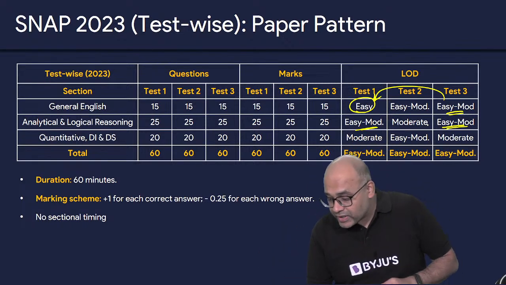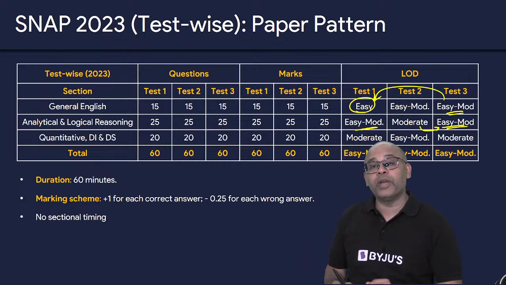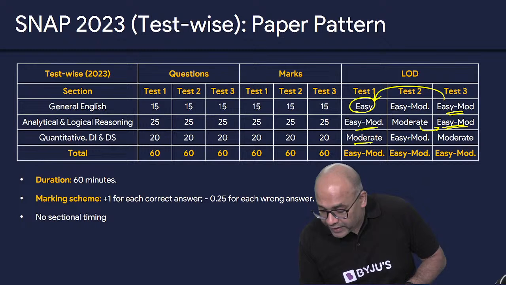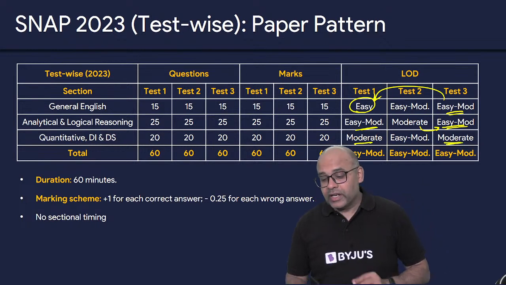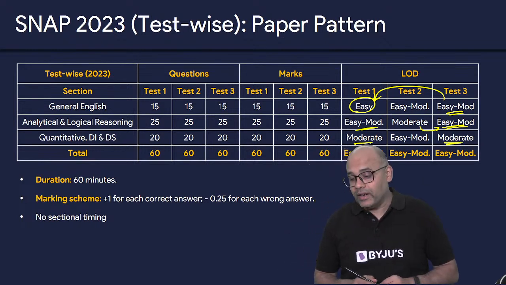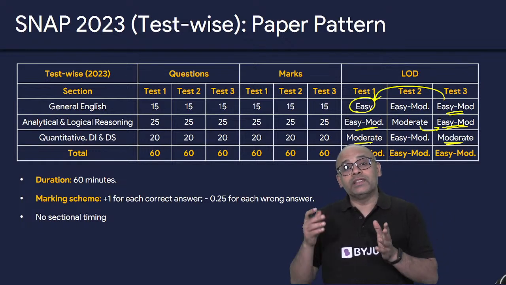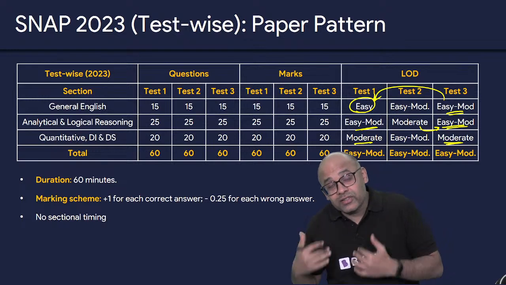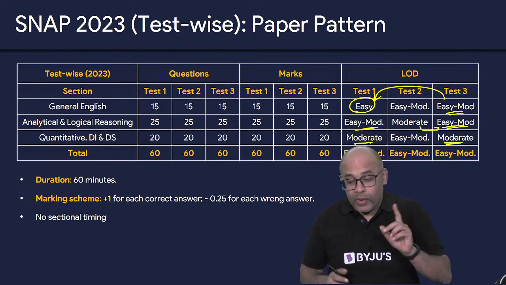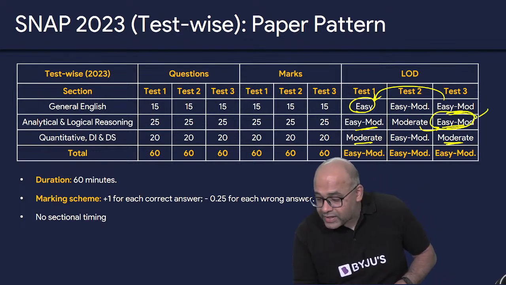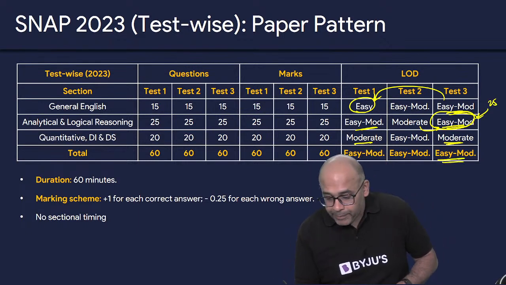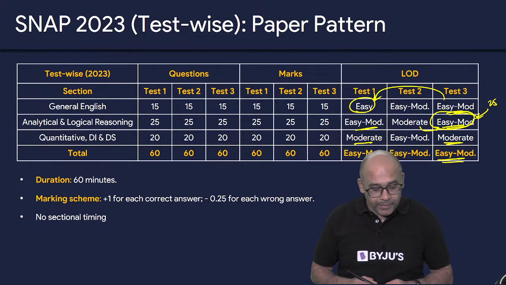In fact, I would say this is slightly more doable compared to test 2. Whereas I would definitely say the quant section turned out to be similar to your slot 1. Slot 2, the second test, was slightly easier. Test 3 was slightly difficult. However, because this is 25 marks, I would end up saying that the paper...